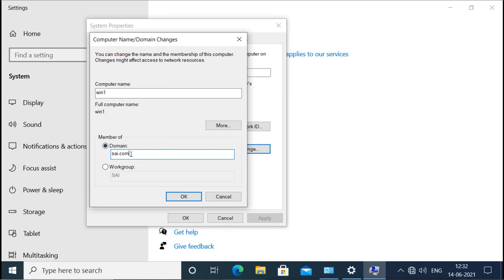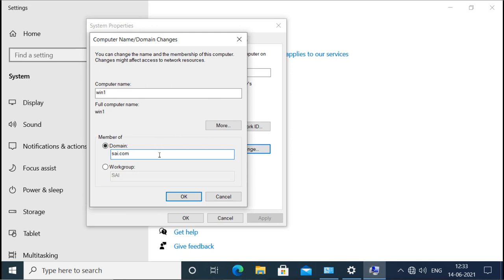When I give this name of the domain and press OK, this Windows 10 client machine will try to search within the network. It will try to search for this domain name. It will ask who this domain is. Now the domain controller is in the same network, so it will reply to this request and say that you are welcome. It will ask for the authentication password. That means the domain controller will ask for authentication.